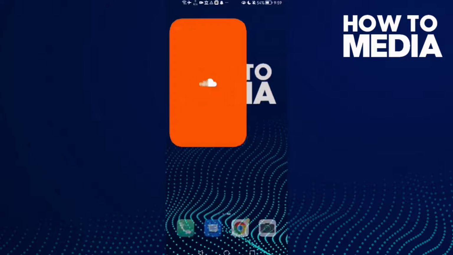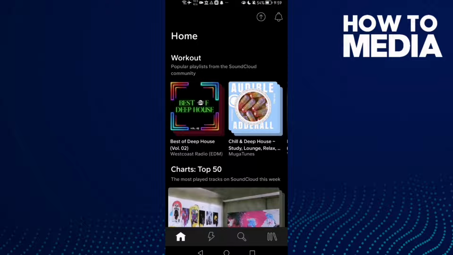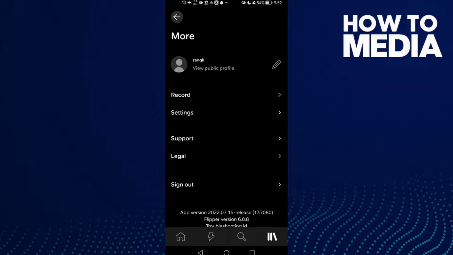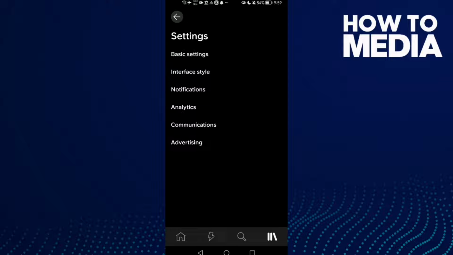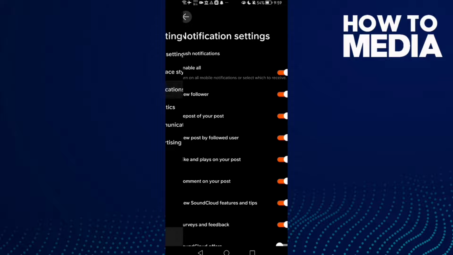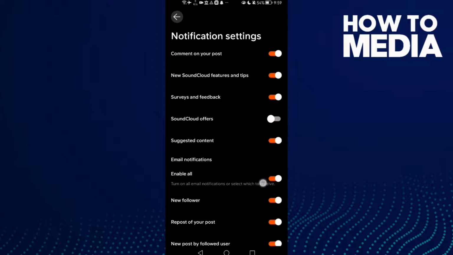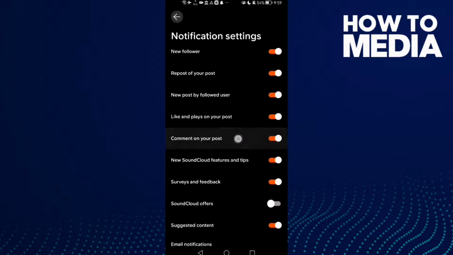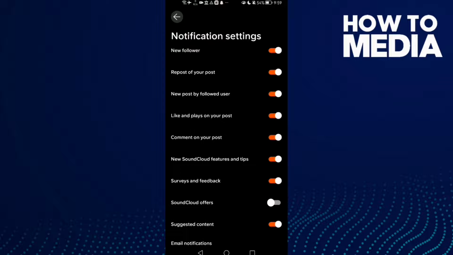First, open SoundCloud and here you will find Library. Click on it and then click on your profile in the top corner. Here you will find Settings, then click Notifications and scroll down until you find this one, comment on your post. And if you want to disable it, all you need to do is click on it, one click,